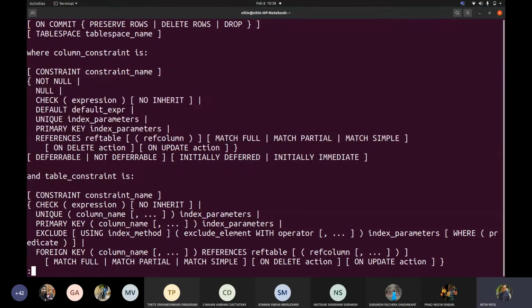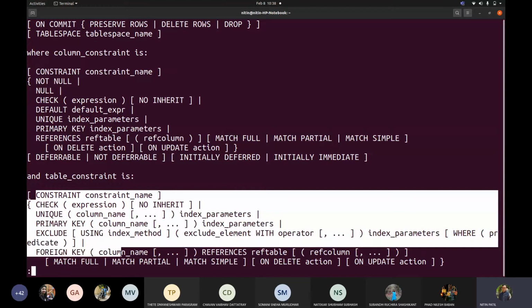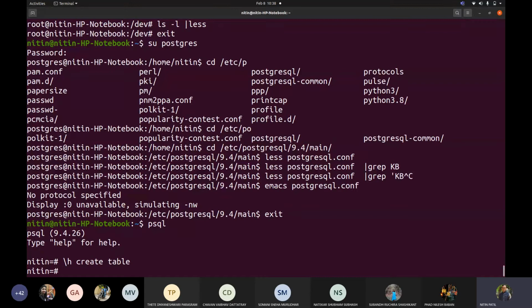Now with respect to table constraint also like this. Okay. Now when I say number, I'm talking about how many constraints possibly would be there. So if I have 10 columns in a table, how exactly, how many constraints can be added by me? Can you have multiple primary keys? Answer might be no. But you can have a combination of keys which will act as a primary key. Correct?